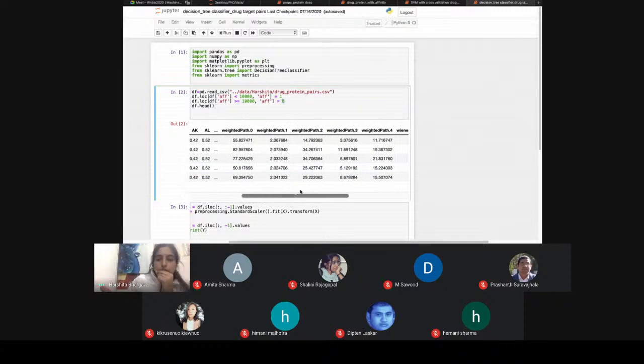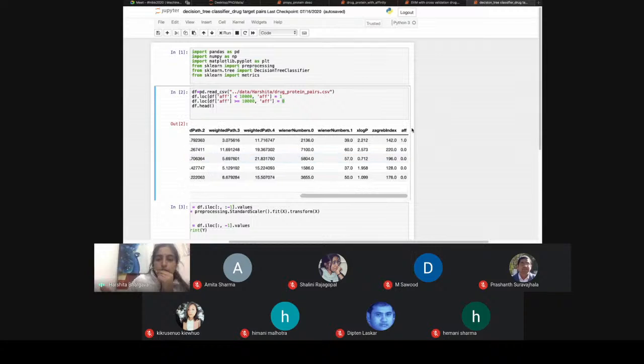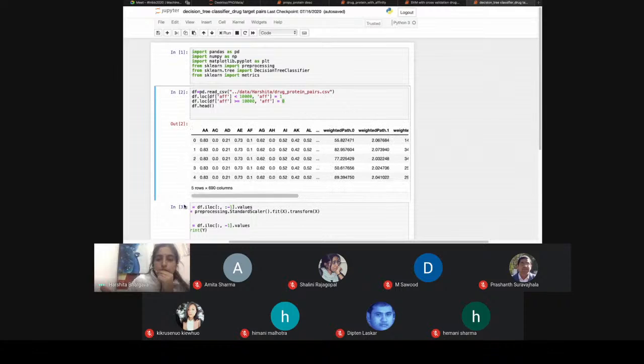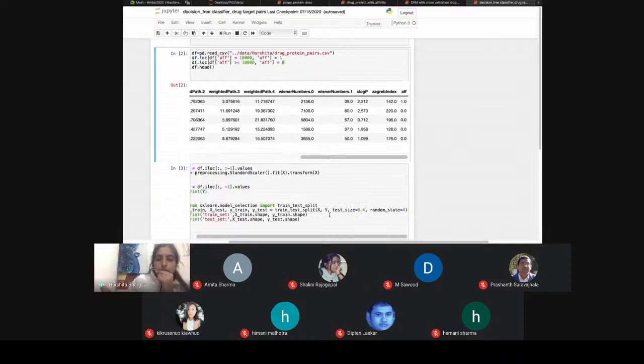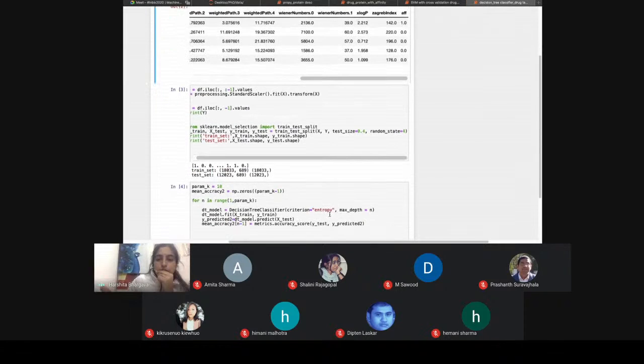If we run it, we have these columns here, and the last column indicates the target variable, that is the affinity score. Only 5 rows have been displayed here, but otherwise these are the drug features followed by the protein features, and the last column indicates the target variable. This will be predicted by the particular classification model that I use.